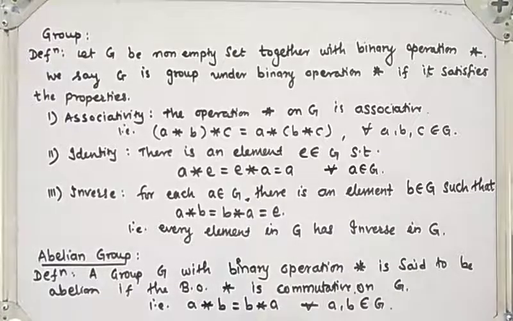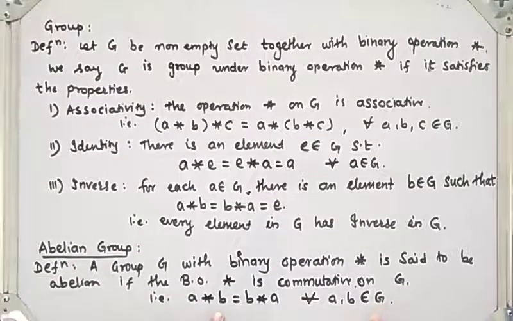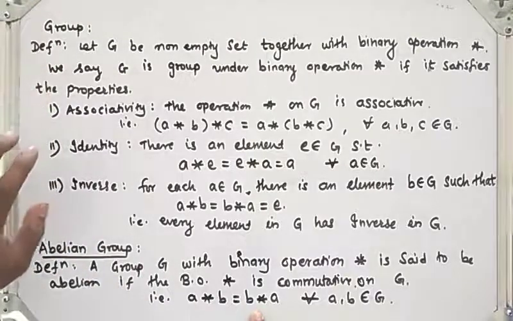When we say that group G is abelian, means if I take any two elements from that set G, then A star B is the same as B star A, then we say that the group is abelian, where star is any operation which can be addition, subtraction, multiplication, division, or whatever defined function. It satisfies the property A star B is the same as B star A, then we say that group G is an abelian group, right? So if it is a group, then it must satisfy all the three properties.